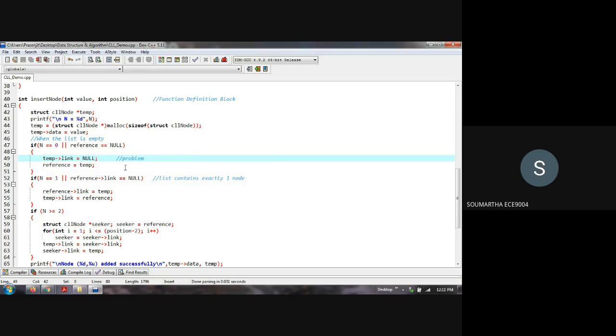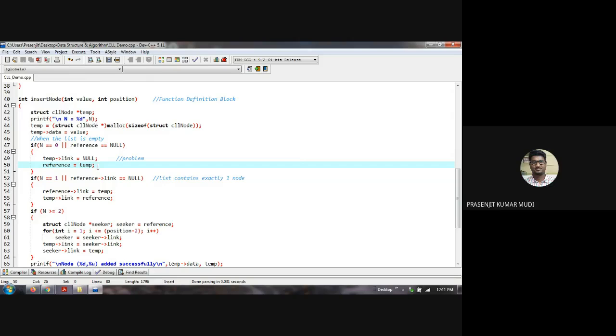ওই স্টেটমেন্টটা পরে এক্সিকিউট করে, আগে রেফারেন্স ইকুয়াল টু টেম্প করে, তারপর টেম্প পয়েন্টিং লিঙ্ক ইকুয়াল টু নাল করলে হবে। কারণ স্যার, নালটা হচ্ছে না, তার আগেই ভ্যালুটা রিপ্লেস করে নিচ্ছে। কী বলছো? রেফারেন্স ইকুয়াল টু টেম্প করলাম, তারপর টেম্প পয়েন্টিং লিঙ্ক ইকুয়াল টু নাল, ওই স্টেটমেন্টটা এক্সিকিউট করলে। না, তাতে কোনো যায় আসবে কি? টেম্প পয়েন্টিং লিঙ্ক ইকুয়াল টু নাল করলাম, রেফারেন্স ইকুয়াল টু টেম্প পয়েন্টিং লিঙ্ক ইকুয়াল টু নাল করলাম।